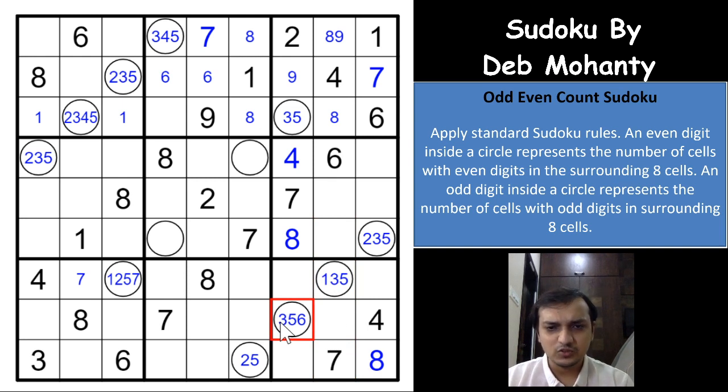And is 6 possible? Let us see if 6 is possible. Oh great, 6 is also not possible, guys. Superb. 6 is also not possible. So if you have a 6 here, the moment you have a 6 here, 2 odd digits are already placed. All these 6 cells will have to be even digits, and which is not possible. 4 and 8 are already here, 6 will already be here. You can't have 3 even digits in these 3 cells. Superb. 6 is also not possible.